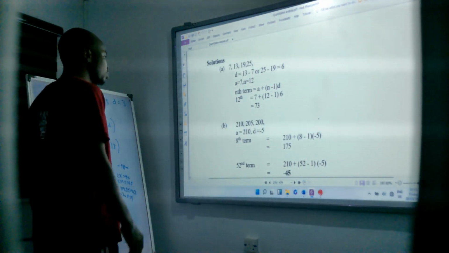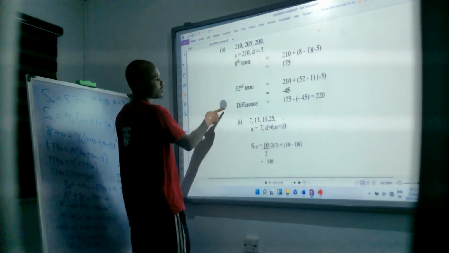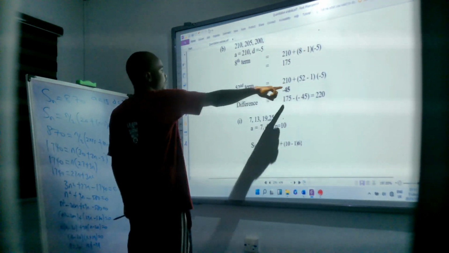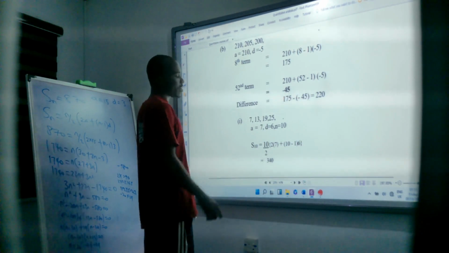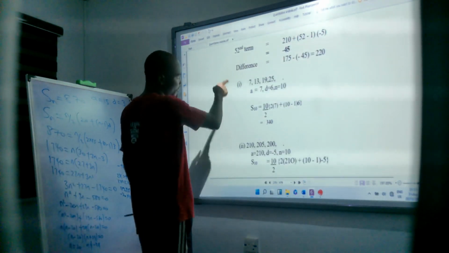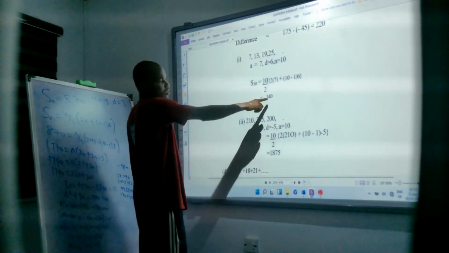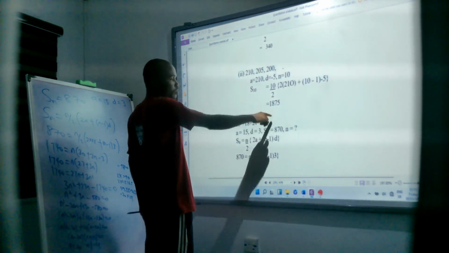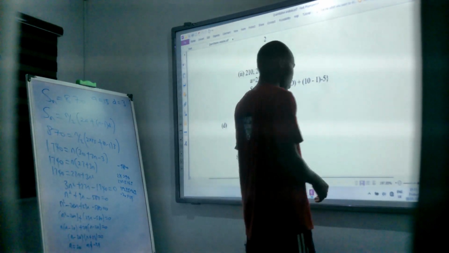So what is the solution? Let's compare that. Yes, we have 73 and that's 2. Yes, we do. So the 8th term of the second one is 175. The 22nd term is 145. The difference is now 20. I think we have that too. The sum of the first terms in A is 340. I remember. Sum of the